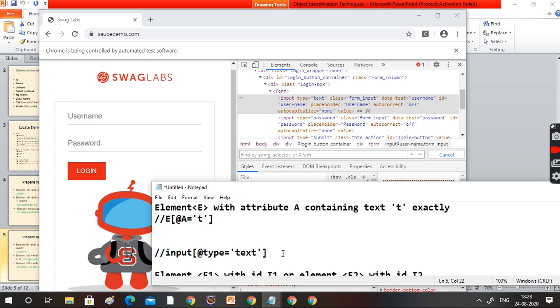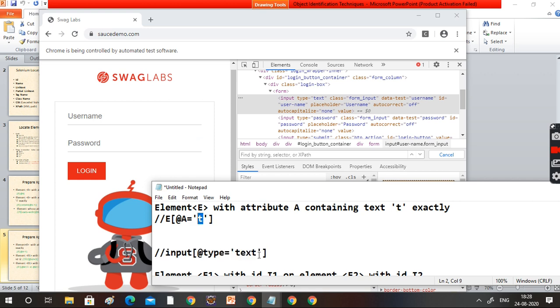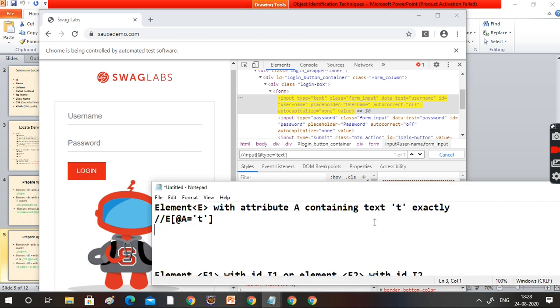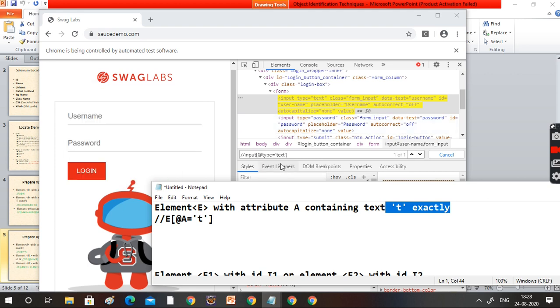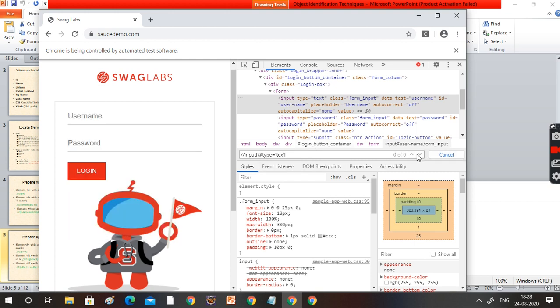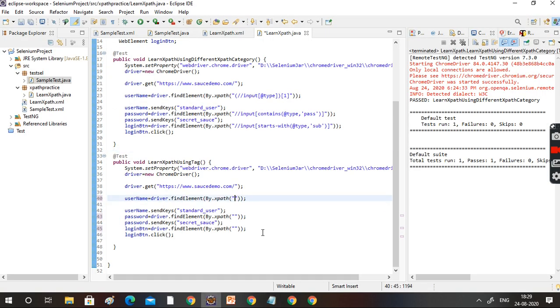So this is the one: exactly the attribute and value. The value is type text. See this one. And again you will get a doubt: the word is exactly something. Instead of text, can I put only tex? Will it work? No, the element won't be found, right? So you need to put the exact, full name. Can we use this first technique for the username here? Yes, paste it here.